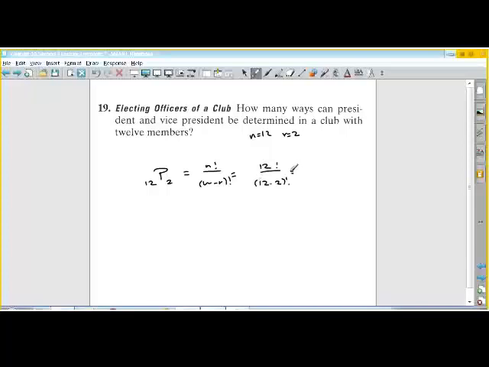So you'd have 12 factorial divided by 12 minus 2 factorial, which is 12 factorial divided by 10 factorial, and 12 factorial is 12 times 11 times 10 factorial, divided by 10 factorial. Cancel those out, and you would get